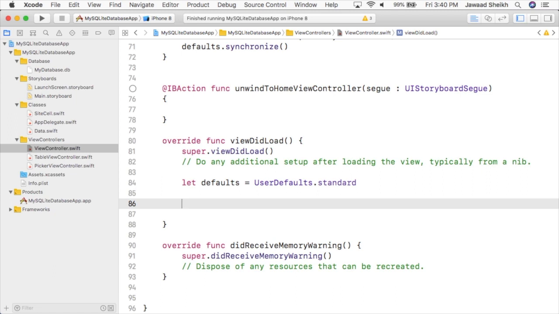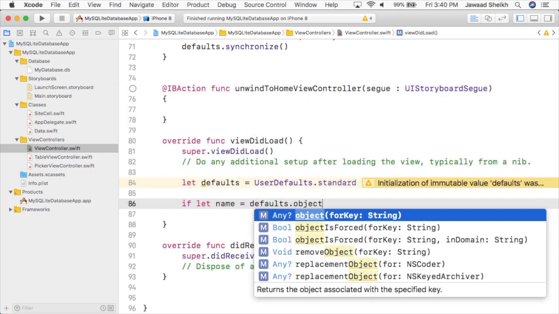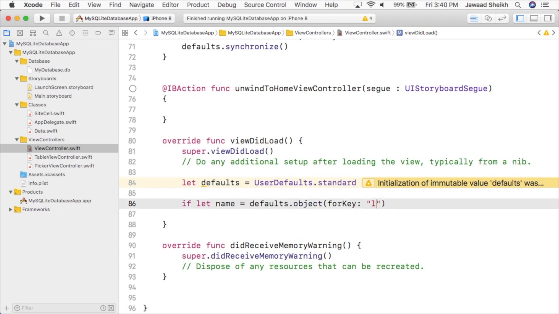Now we can't simply retrieve the object because what if the object never existed? So we have to test to see if it exists first, then we can save it into our text fields. So let's do an if let. So we'll say if let name equals defaults.object for key lastName